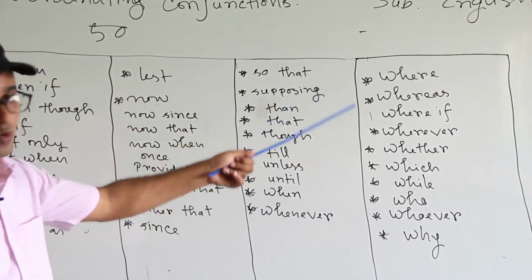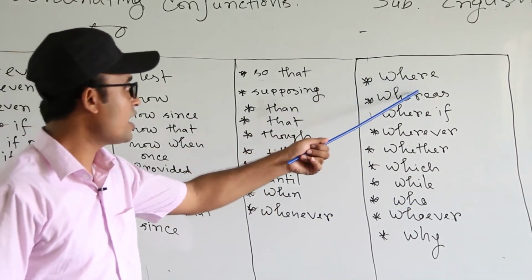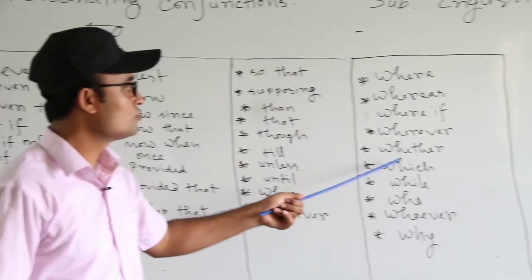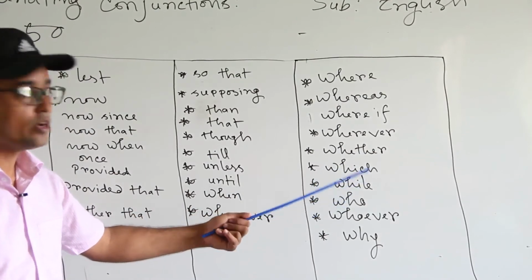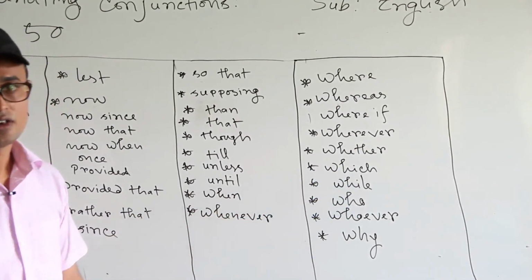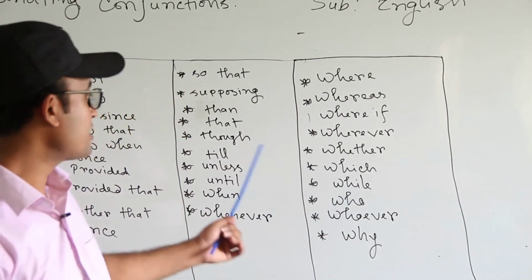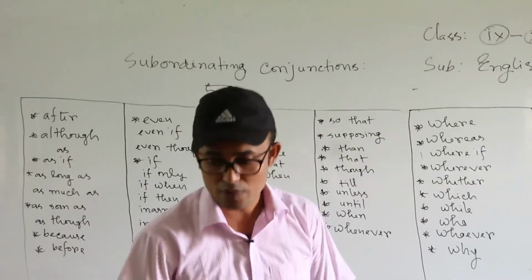Okay, what I mark with a star here. Where, whereas, where if, wherever, whether, which, while, who, whoever, why. Please, dear students, try to open your exercise book and write down these subordinate clause markers,